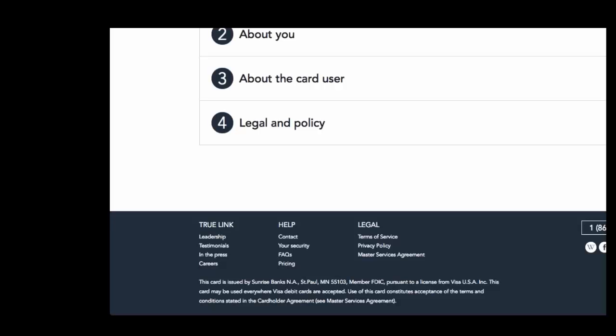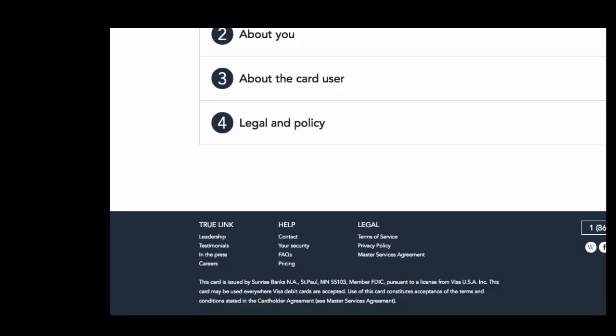Great question. So this is a prepaid debit card. And what that means is to use the card, you have to put money on the card first, and the card can only be used to the extent there's money on it. And so the way we get that money on the card is one of two ways. One is you can make a direct deposit from an account onto TrueLink. So each TrueLink card has an account number, like a bank account number and a routing number, and so you can push funds onto that.